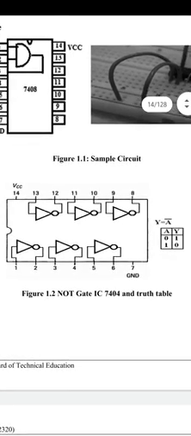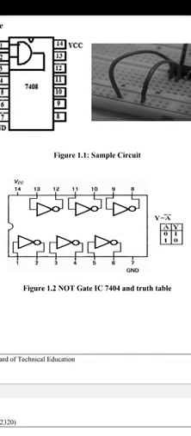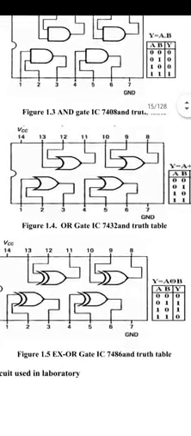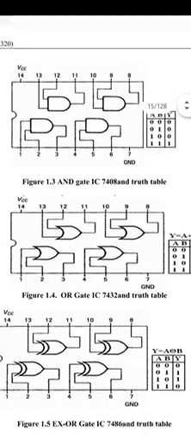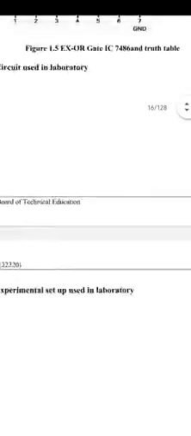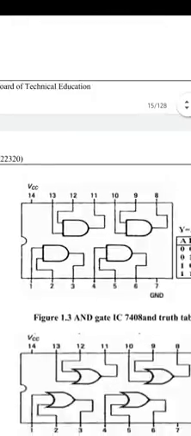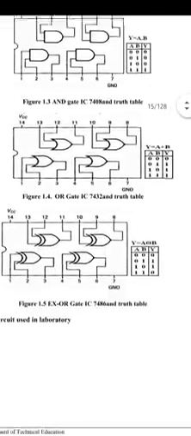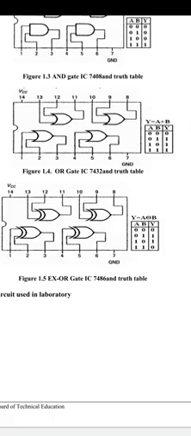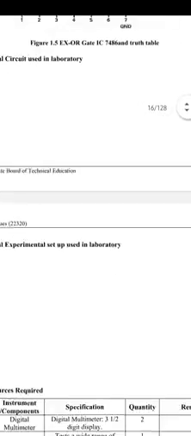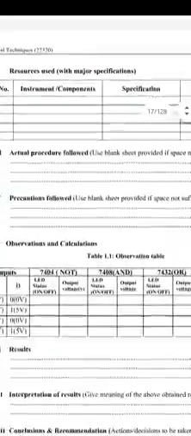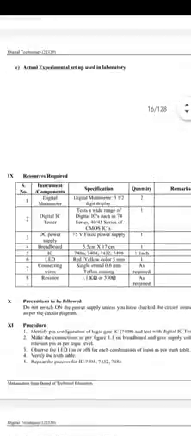7404. The 74 here indicates that these ICs are TTL ICs; 74 series ICs are TTL ICs. Then we have the truth table for this NOT gate IC, and we are supposed to verify this truth table. Similarly, we have other ICs: AND gate, OR gate, XOR gate, and all the other gates. Here we are supposed to verify these gates. Let us verify the basic gates first, that is AND, OR and NOT gate. Let us try to actually simulate this.